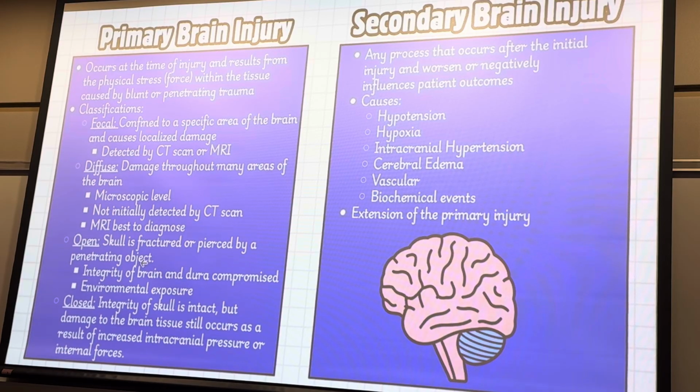All right, let's look at open versus closed. Pretty self-explanatory on this one. All right, open. Skull is either fractured or penetrated by something. So something like a gunshot wound. You really have to swing a knife to get it open into the skull. But some type of gunshot wound or a fracture within the skull. Some really big force. Again, maybe like a baseball bat. A really big swing causing a fracture with that skull, opening it up.